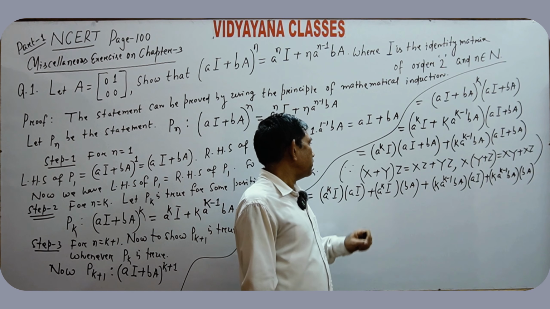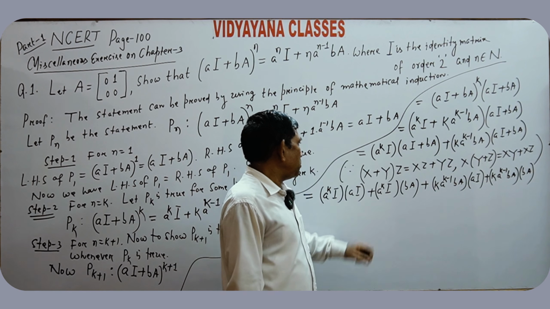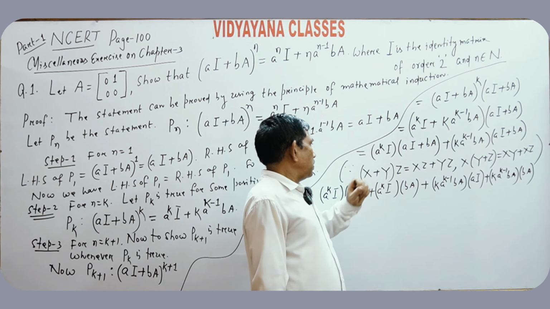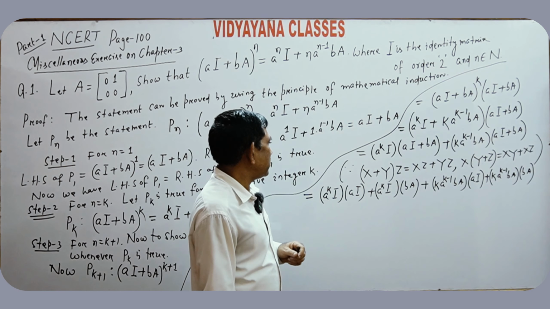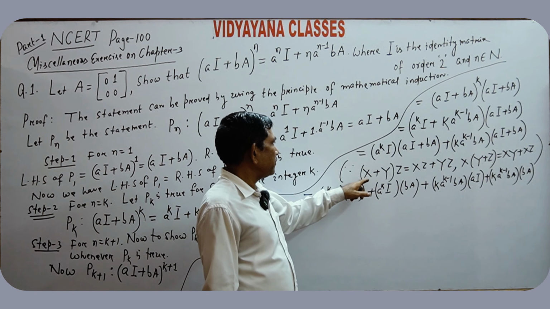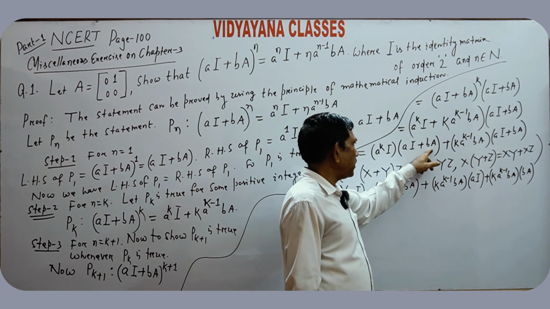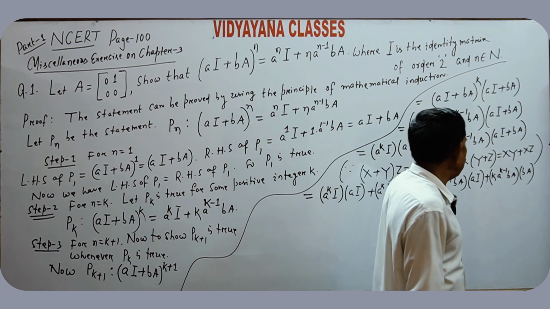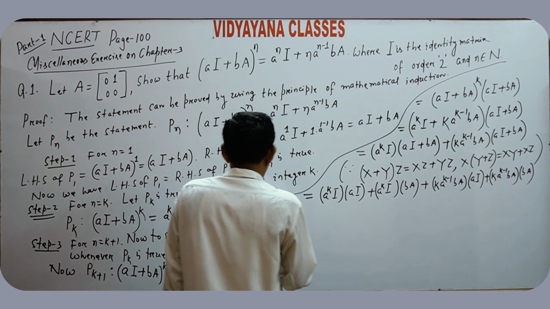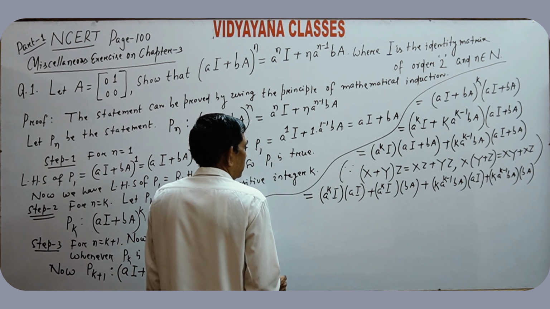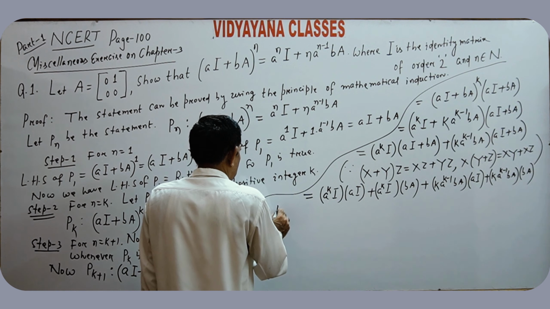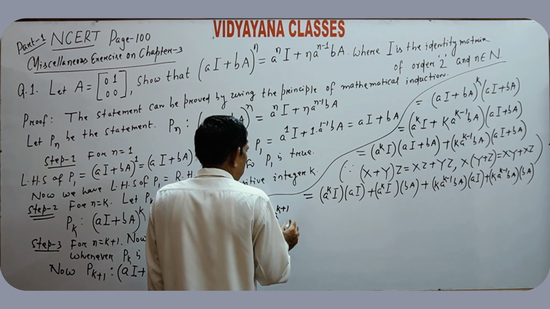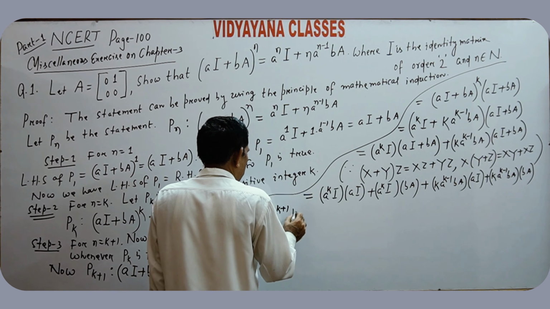By the principle of distributive law, matrix multiplication is distributive over addition. AI is a matrix and BA is a matrix, which is same as a to the power k plus 1 I into I, that is equal to I square. I square is I